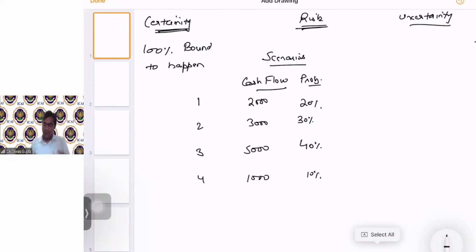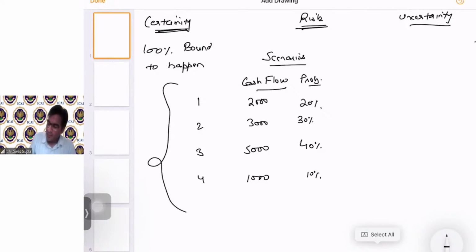Don't you think that this entire table defines a risky situation? A risk. Risk of what? Risk of different outcomes. Risk in which probability is being incorporated. And risk of different scenarios, because I am not sure what is certainly going to happen.